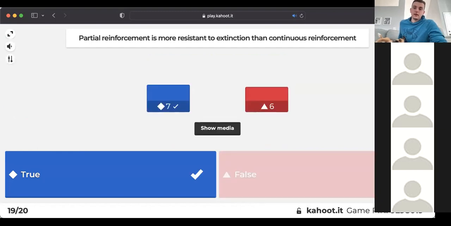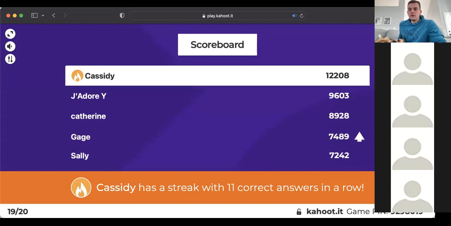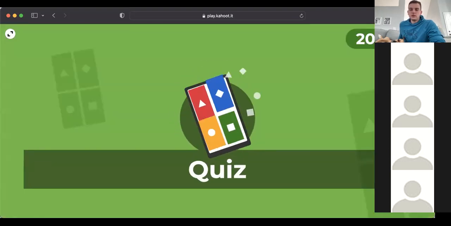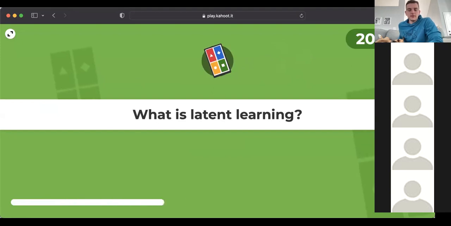That is true. Okay, so we talked earlier about how if you reward something partially or not continuously, it's going to keep your subject more engaged in a longer term. And it's also going to increase the amount of dopamine that gets released in your subject's brain when they do get rewarded, which is what you want. You want that reward to actually feel like a reward.